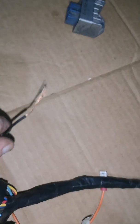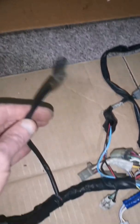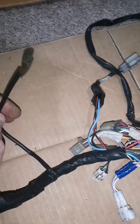I've just snapped that because that's after the coil, and the coil was put on with a screw, and the screw was rounded, so I just pulled it off quickly. I'll put a new ring terminal on. Got the horn, the one that fits on the thermometer on the head. We've got stator,